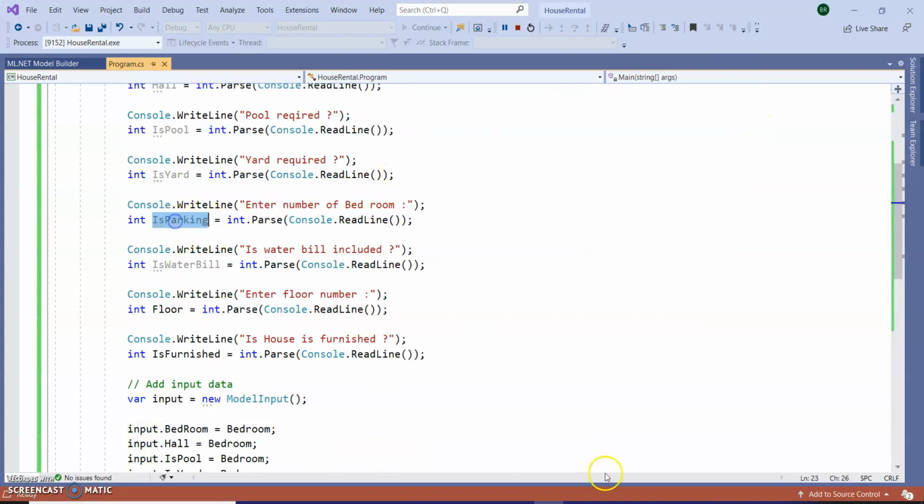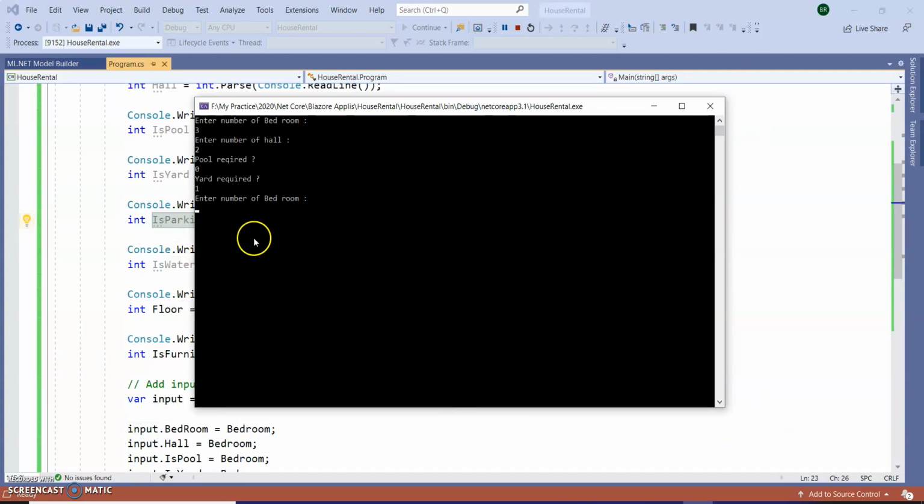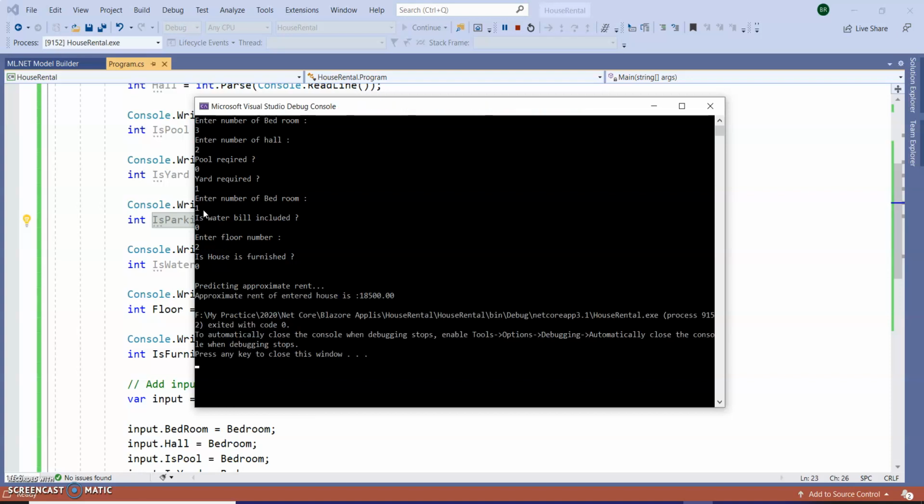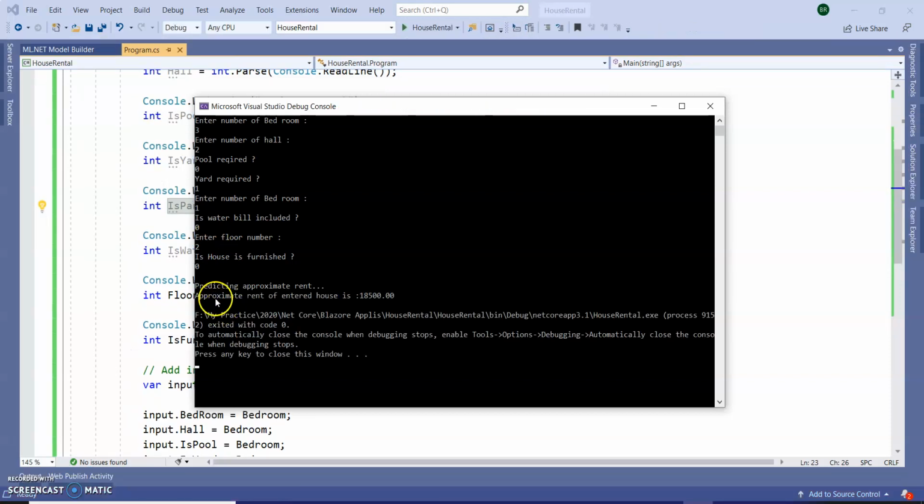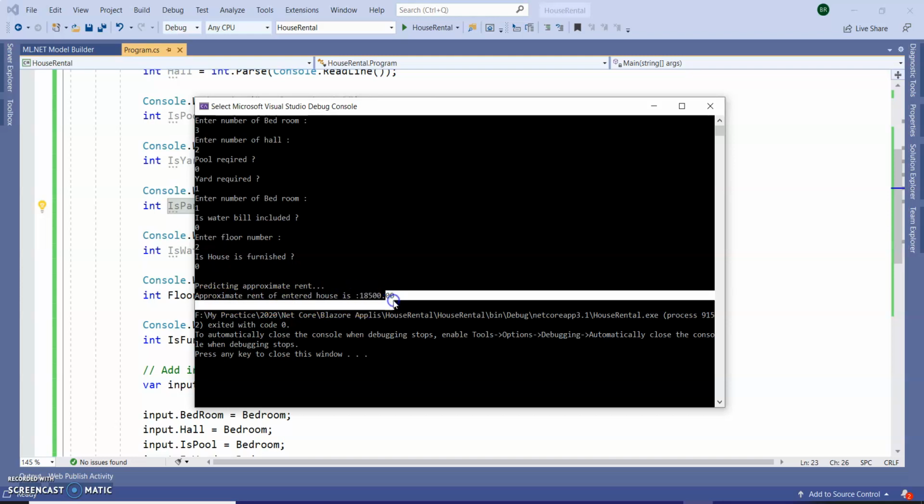It's asking for parking actually. So, number of parking, I require parking, yes. Water bill included, no. Enter the floor, which floor? It's second floor. Is the house furnished? I'm giving no. Next, click on enter. So now it is coming. Approximate rent of this house is 18,500.